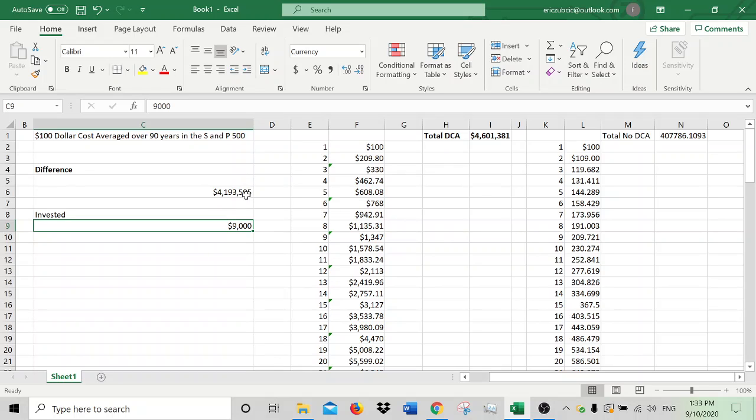With dollar cost averaging, you just want to be putting a little bit into the market at set times. You could set a day, do it weekly or yearly, but just ensure you're putting some of that money into the market. I've got some other ideas around why it may not always be the best thing to do, because if you're at an all-time high, you don't want to put money into the market as it's likely to come down. But if you are dollar cost averaging in over the long run, you're going to be a lot better off.